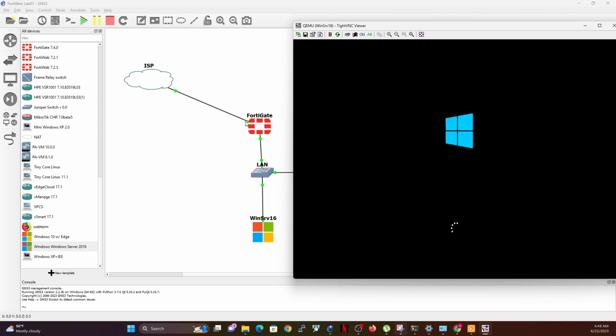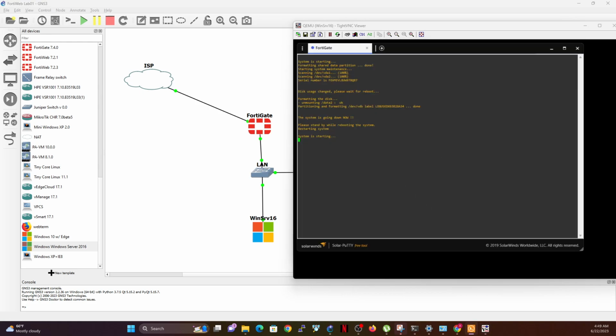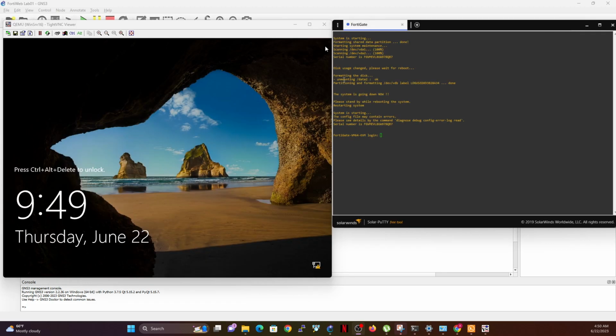Either way, whichever one works best, it's fine with me. So I'm just going to verify the FortiGate is online. It's still starting, so I'm going to wait for it to fully come back online, which is almost done. It's now showing me the serial number. I'm going to just give it a moment to boot up. Great.